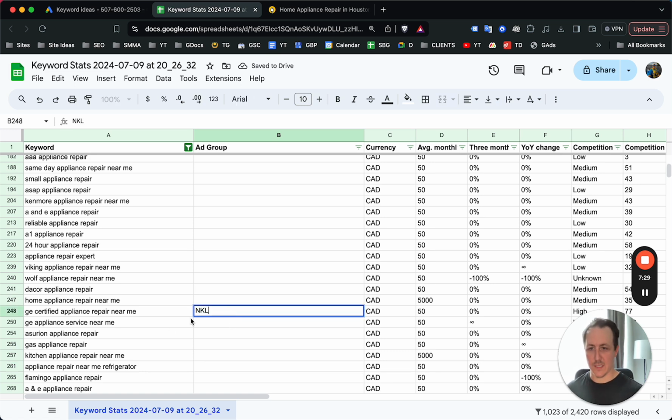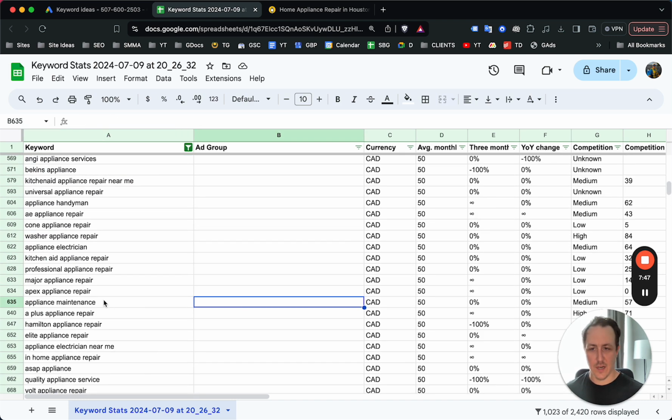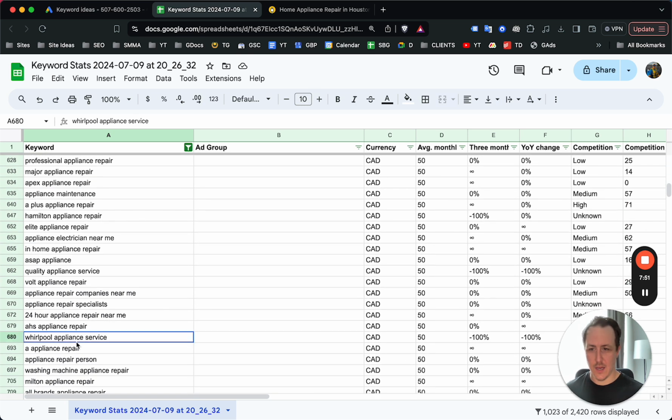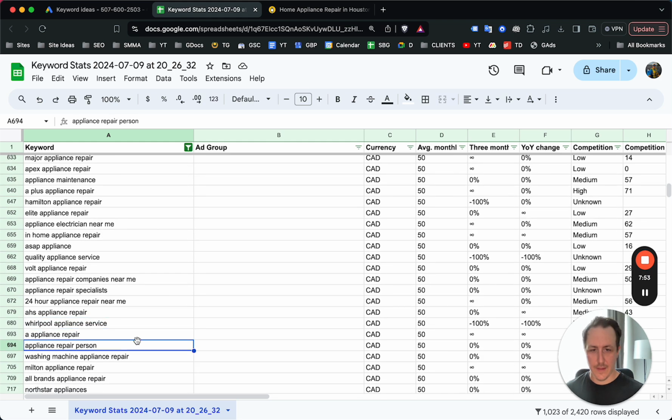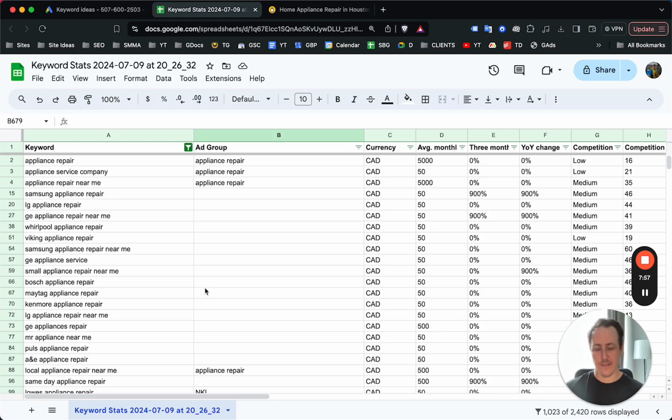For example, the gas appliance repair. Over time, over the span of months, as your campaign runs, a lot of these keywords will come through, even for a broad appliance repair ad group. And if this is the only one that you run, unless you set these all to exact match, which I don't recommend, you will over time see a lot of things like washer appliance repair, Whirlpool appliance service, appliance repair person. Those will come through over time, but this is just a really easy way to get all these,